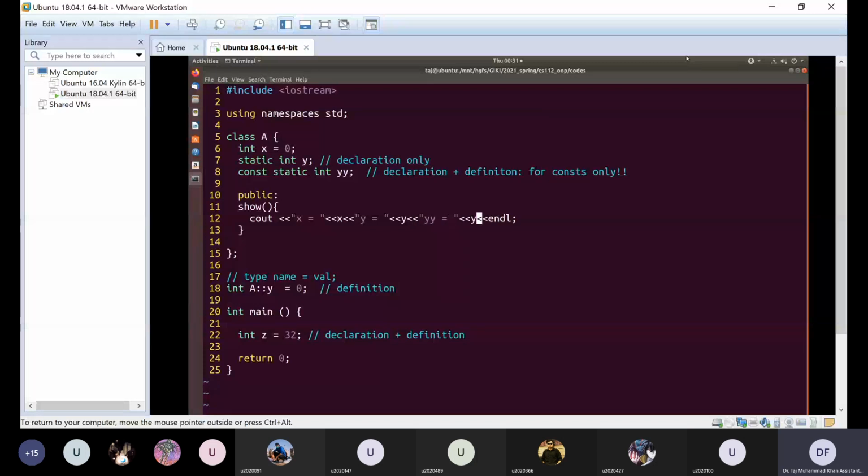Here I can define it as well as initialize it. Constants have to be initialized. Let's name it here 11. So now let us just declare this A and A dot show.